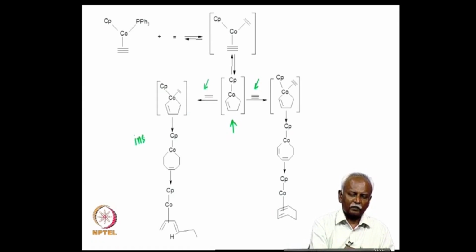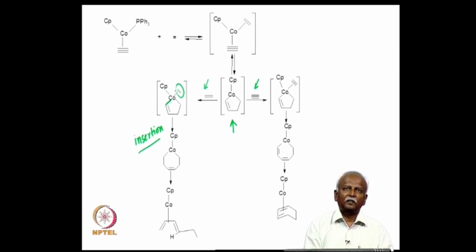So, this is an example of an insertion reaction, and the insertion is carried out by this vinylic group forming a bond to the neutral molecule, which is the ethylene molecule, which is pictured here. So, the ethylene is the neutral molecule and the vinyl group is the anionic group, which migrates to the ethylene molecule, and as a result the ring expands, just as we described in the previous set of slides. We have explained how this insertion can result in a ring expansion reaction. The ring expansion leads to the formation of a 7-membered ring,